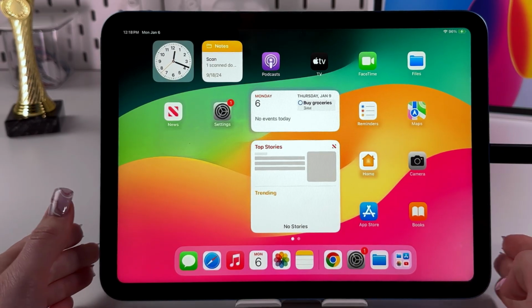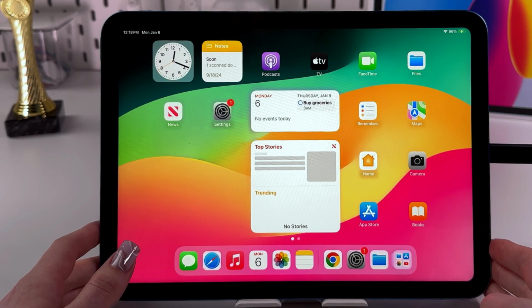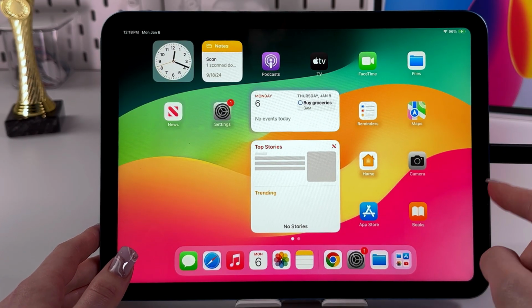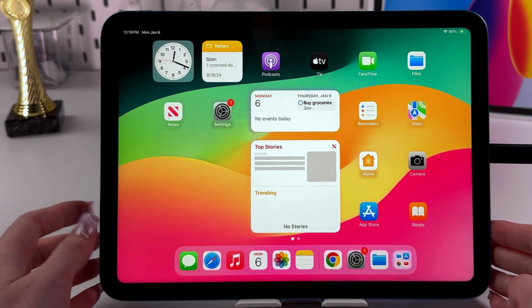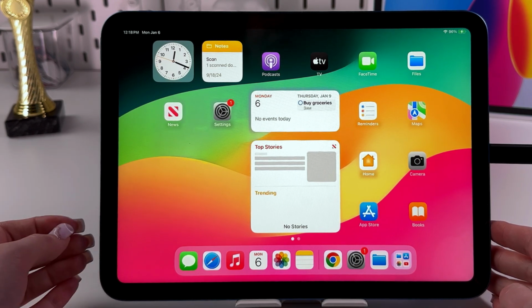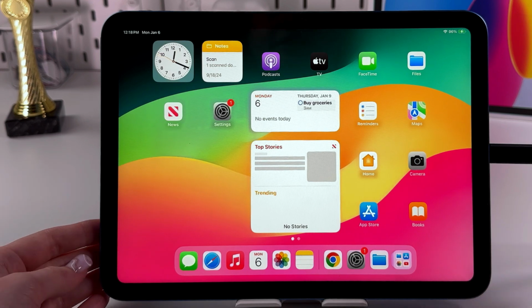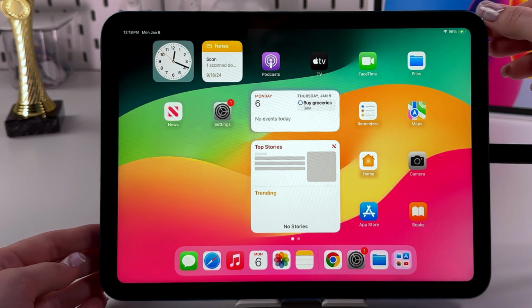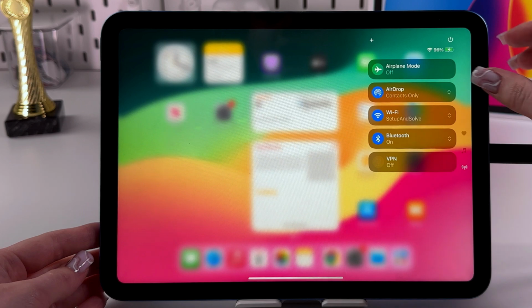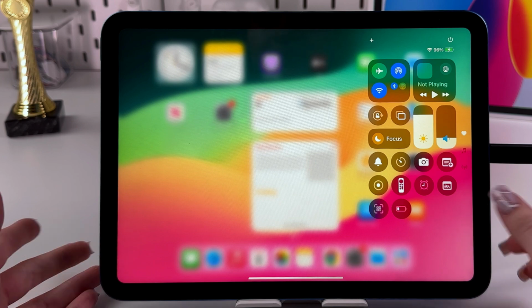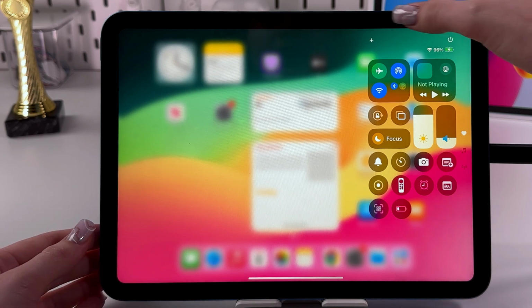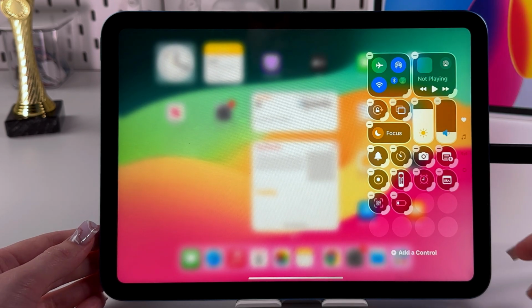Hi, to record screen on your iPad, firstly, let's add this feature to the control center to reach it easily. So if you got iOS 18 or later, then to customize control center, you need to trigger it first. And for that, swipe down from the upper right corner, and here in this folder, you'll see the list of your controls. To customize them, you'll need to tap this plus on the top of the control panel,